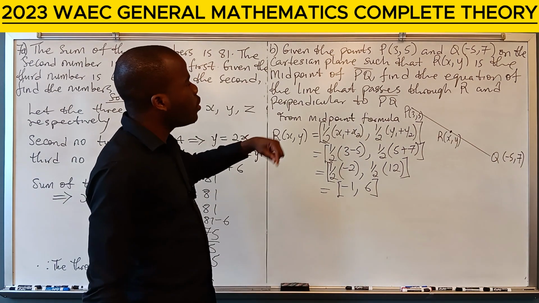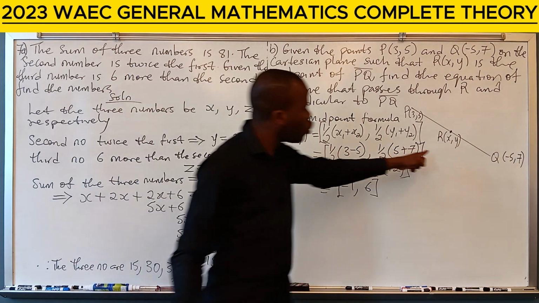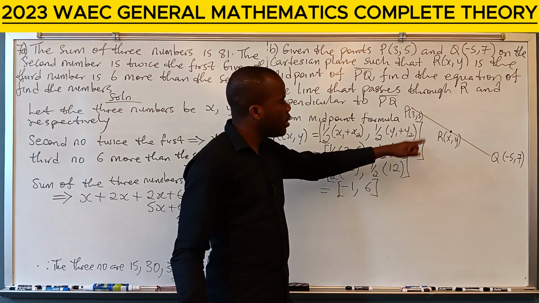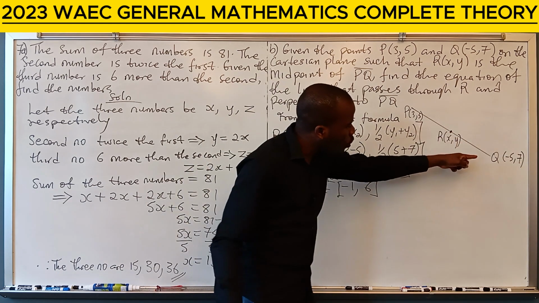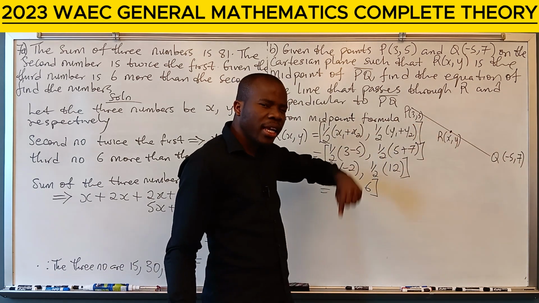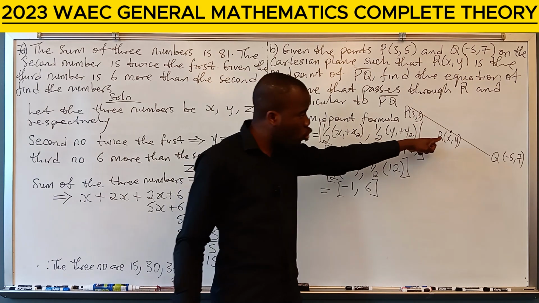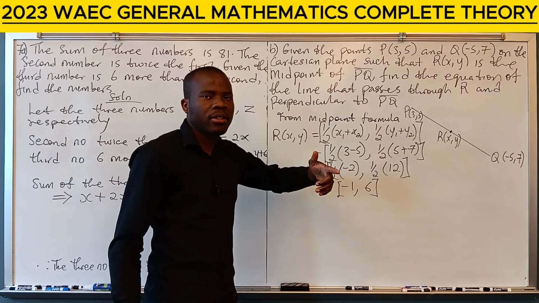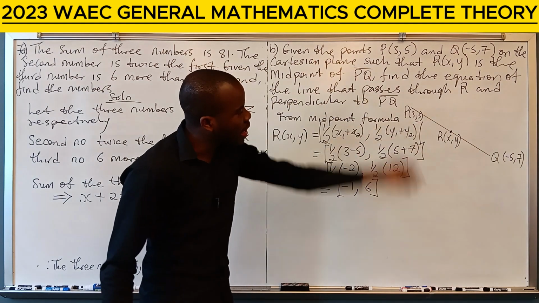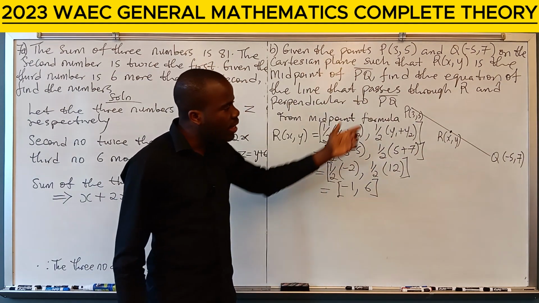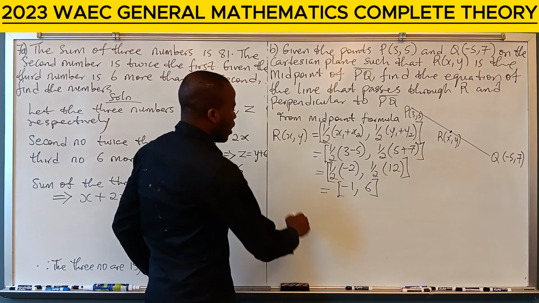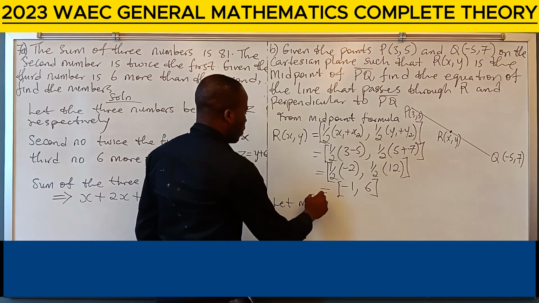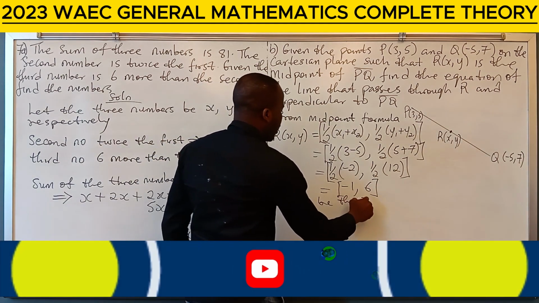We are looking for the equation of the line that passes through R and that is perpendicular to PQ. Since the line passes through R and is perpendicular to PQ, it means the gradient of this line that passes through R will be the negative inverse of the gradient of the line PQ. So we need to get the gradient of the line PQ. Let M1 be the gradient